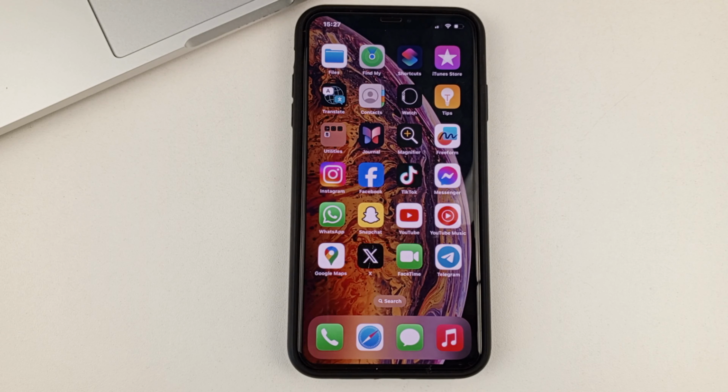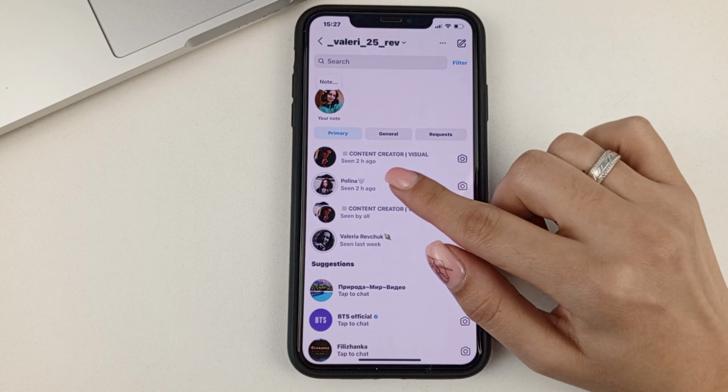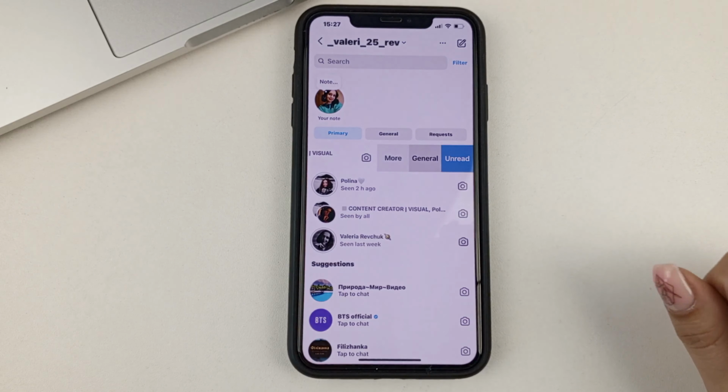Let's get started. We go into the Instagram app. Then we come to messages. For this we click on the extreme sign in the top right corner. Here we see our correspondences. In order to cancel any read messages, we just need to swipe sideways to the left in some correspondence, like this. And here we need to select the third function, unread.